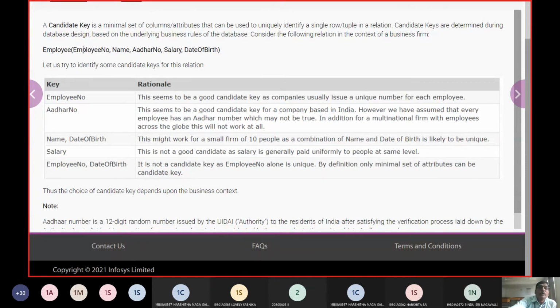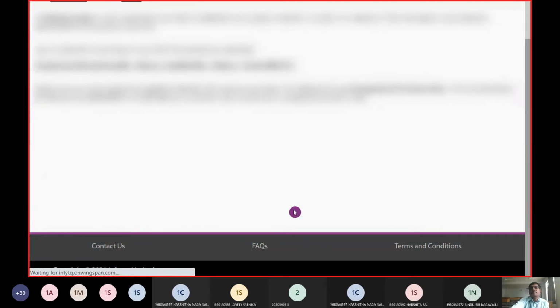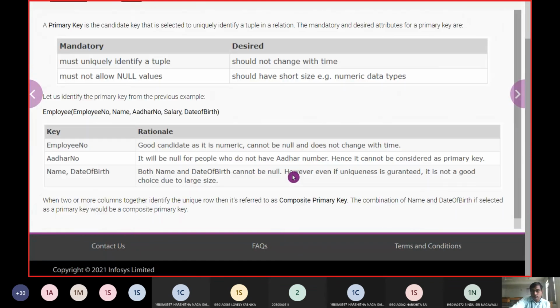Now we identify the domain to which we are going to apply it, and that domain we call here the employee number. Therefore, employee number is now apt for the primary key. So we talked about the candidate key, which is the minimal set of keys, and based upon the business context we look at the employee name as a unique identifier. Fine. So we talked about unique, etc.